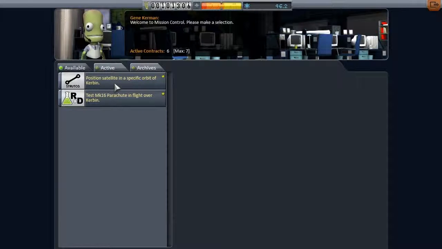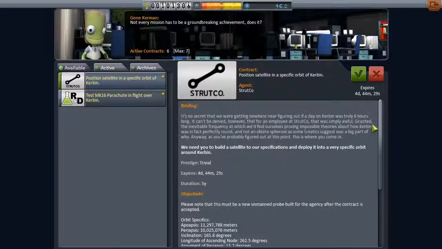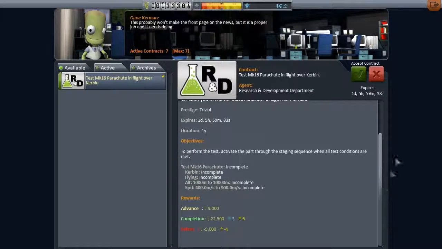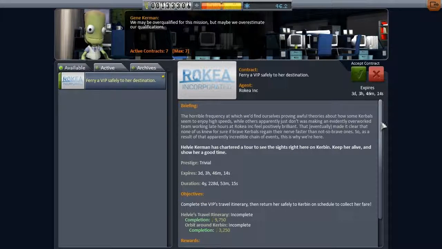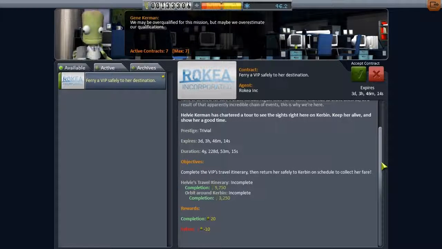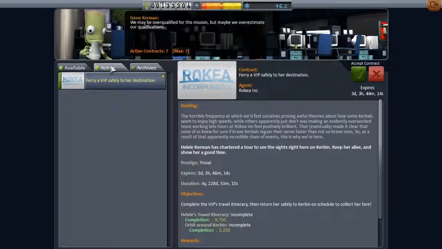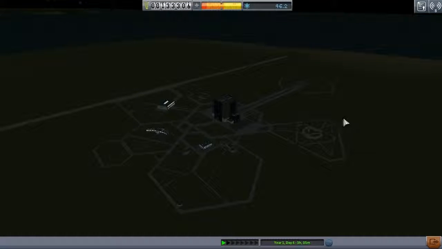So let's see what other missions we have. There is another satellite in an orbit, so I'm going to accept that one and test the parachute, which I'm not going to do. VIP. I mean, they don't seem to offer too much money actually, these VIP ones, but you might be able to do them all in one pass. Actually it was 101,000, now I have 133. So yeah,